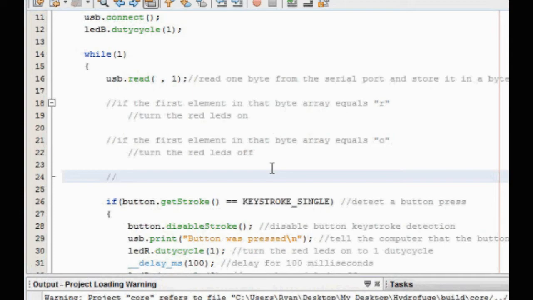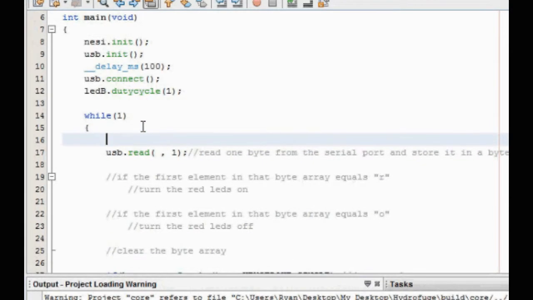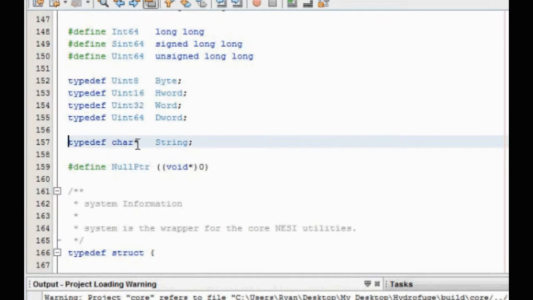So we're going to clear the read array, or clear the byte array. Now, back up to this USB.read function. It takes a string and the integer for the amount of characters it needs to read. Now, the string, so if we have a string in here, if we actually look at what a string is, I'm just going to declare a string variable, and if you control-click on it, you'll see that it's defined as